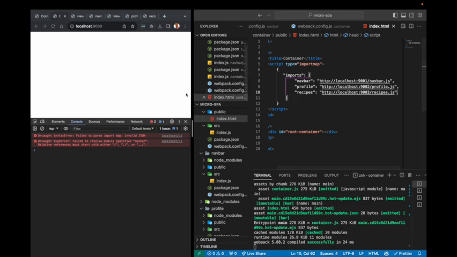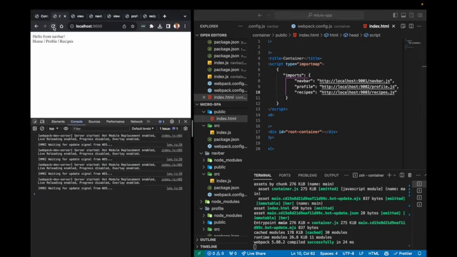It always adds an extra comma at the end, and now we are able again to see the navbar, and if we click on profile, we should see the profile application being loaded. Indeed, if we click on profile we can see profile. If we click on recipes, the recipes application will be mounted to the DOM. The only problem here is that if we click again on profile, again the profile application will be mounted and